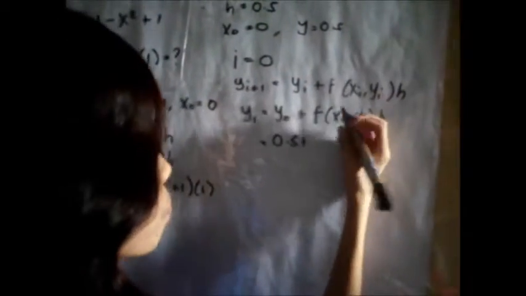So we have 0.5 minus 0 squared plus 1. And again, the step size is 0.5. So we have the value of